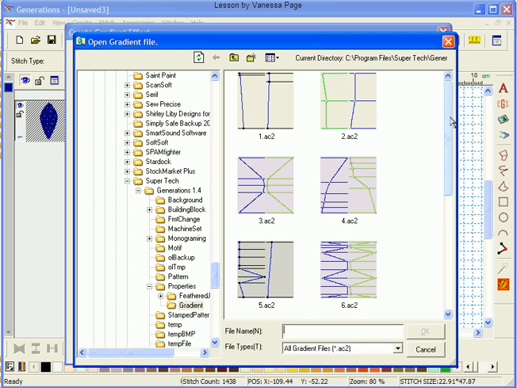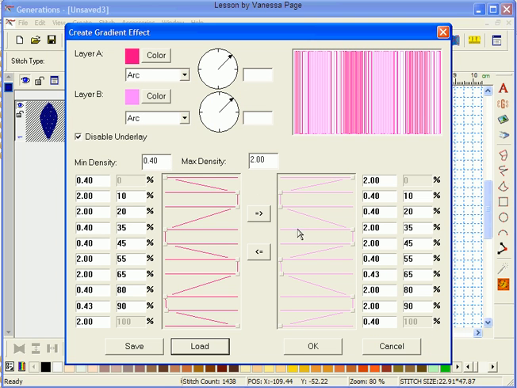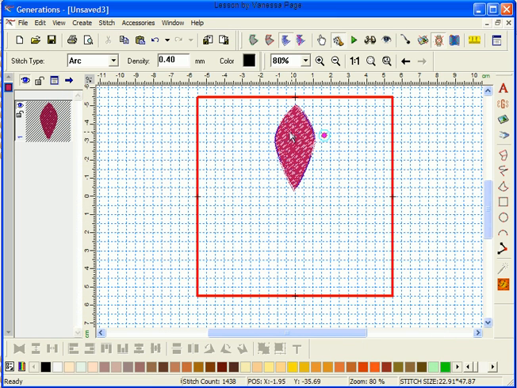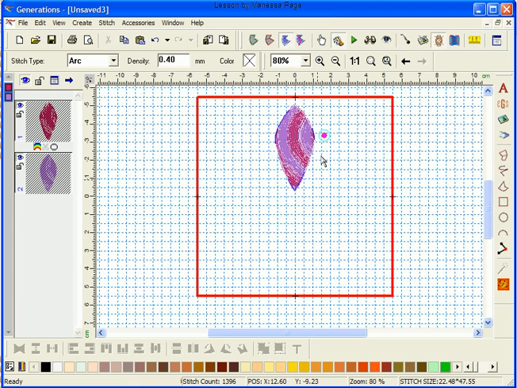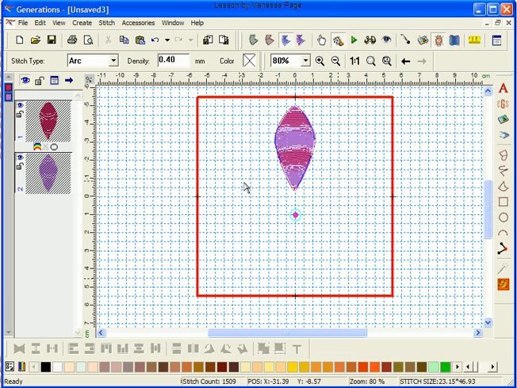Now you'll find when you get the lesson you'll also have a couple of A1 gradient fills. To use the A5, click OK and you'll see that it's changed. I have the gradients on both sides exactly the same. I'm just going to click OK and you can see that we have a pink spot. Select it, then just generate and you can see by that where the position of that spot is will determine where the gradient is. Now if I drag that around and place it about there and generate, we now have an arced